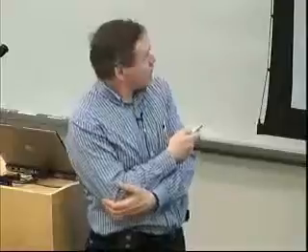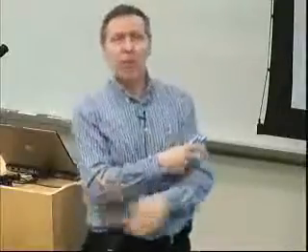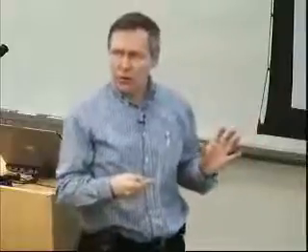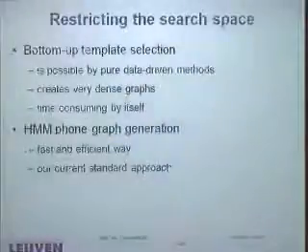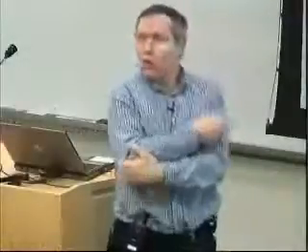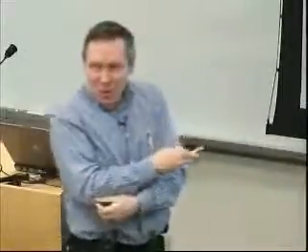So that's a problem. In our first work, we did bottom-up template selection. We said, okay, we're going to work fully data-driven. We're going to look at the data and try to come up with this. I'm not going to go into the details of this. We used some roadmap in this to quickly search k-nearest neighbors and then try to find nice trajectories in those. But it was very time-consuming, whatever way we did. We needed dense graphs, really dense graphs to do something good, and there were sometimes gaps in the graph that we couldn't overcome.